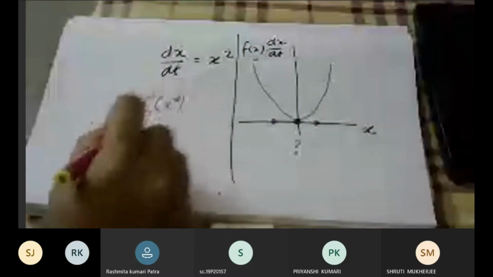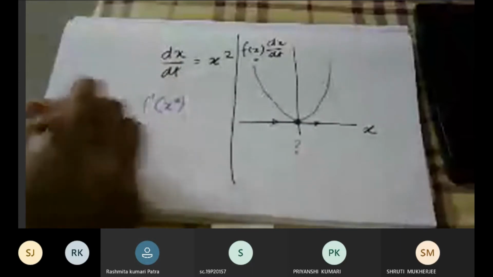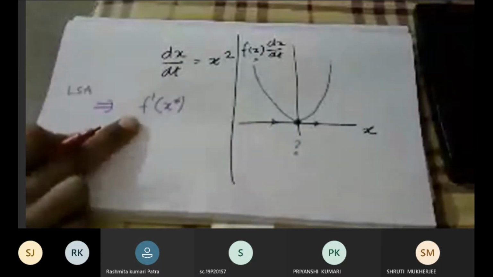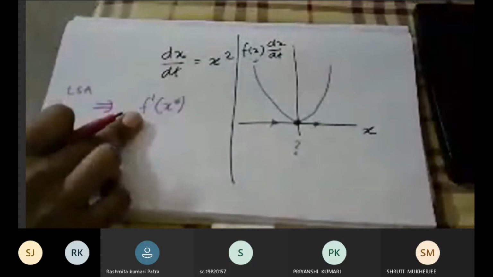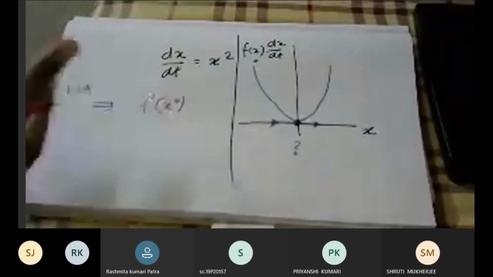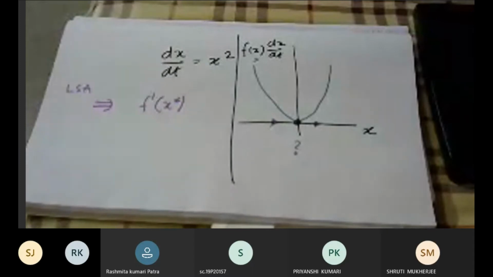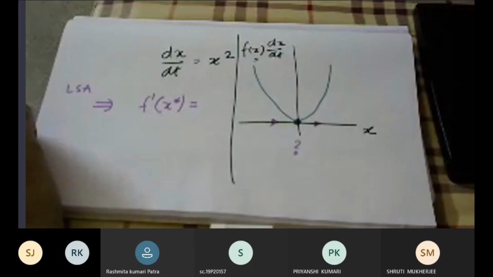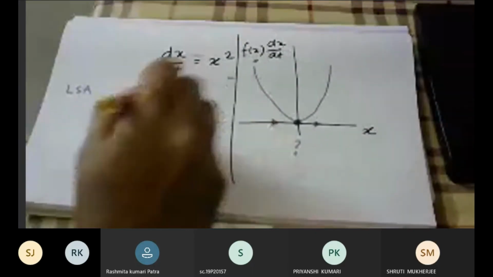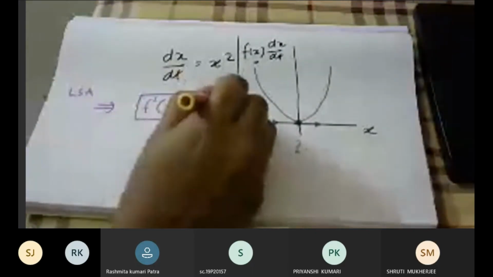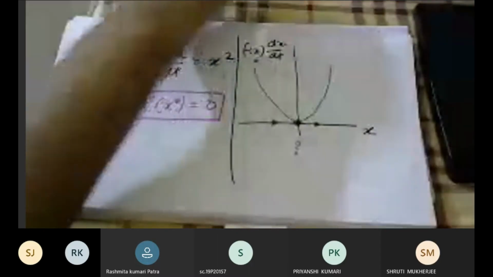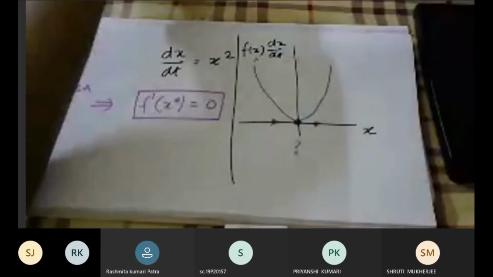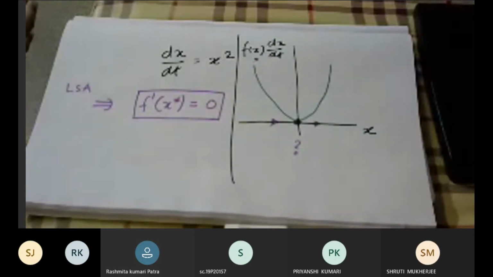Similarly, if you do it following the linear stability analysis, then you take f(x), you figure out what f'(x) is and put in the value, and you see if it is greater than 0 or less than 0. But in this case, what do we have? 0, right? 0. So it cannot be concluded, right? So what is exactly happening here? Here I am seeing something different from whatever we have seen so far, right?